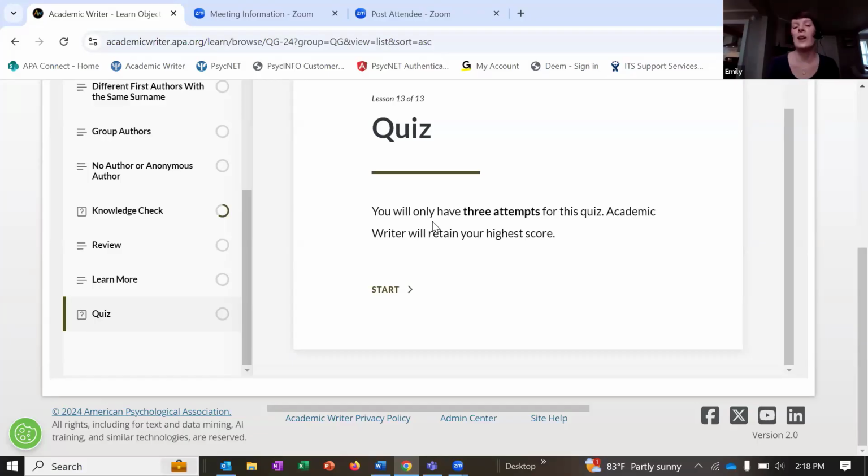I believe our developers can allow for more attempts. So students shouldn't be too stressed about that. But we hope that giving them 3 attempts gives more weight and more importance to the quiz. So they'll have 3 attempts, but it's going to retain the highest score.